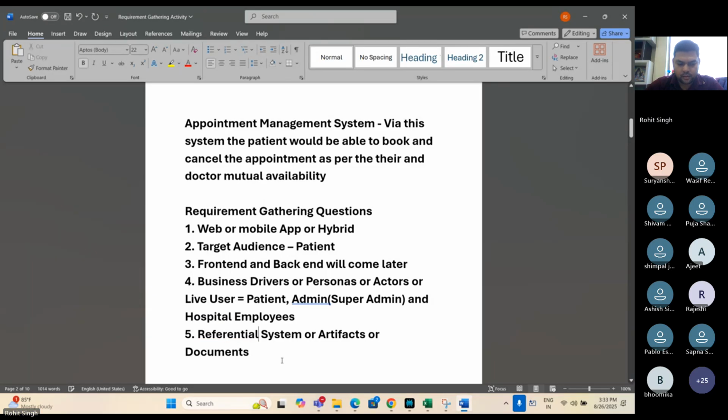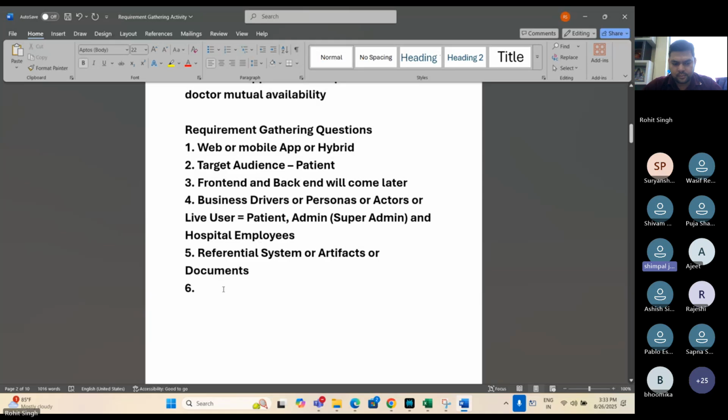Okay. What else? Should the system support uploading scanned documents? We can add claim or insurance reports?